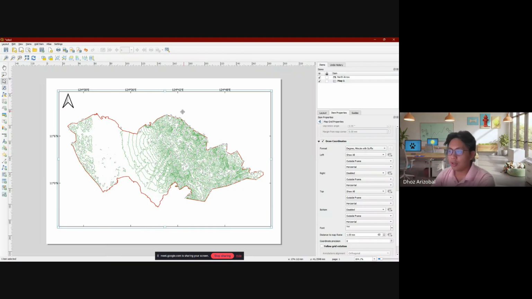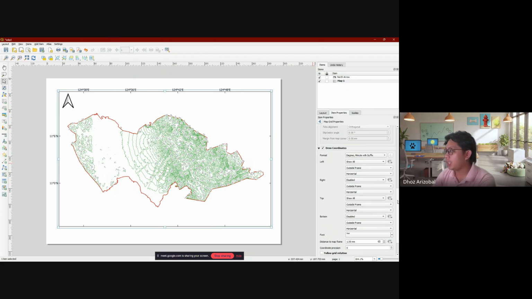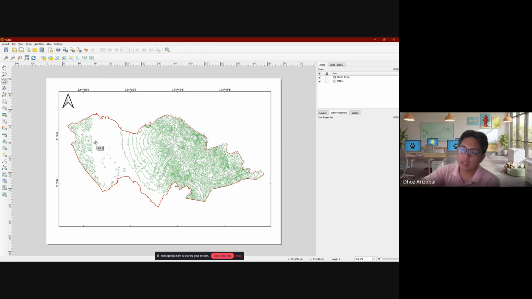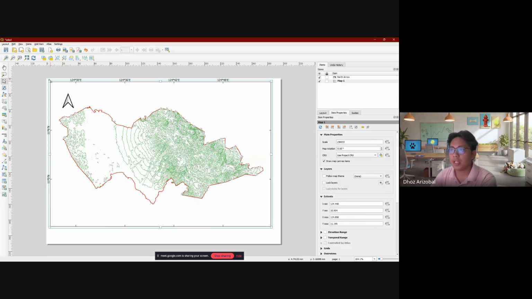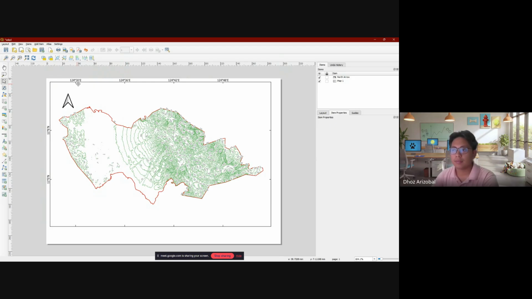You can set your left lane as vertical ascending. So now it's a vertical ascending. So maybe you can put this a little bit closer so you can set that value.